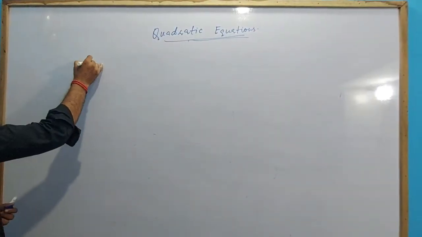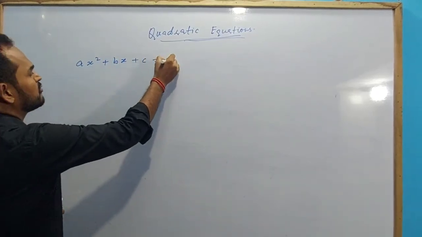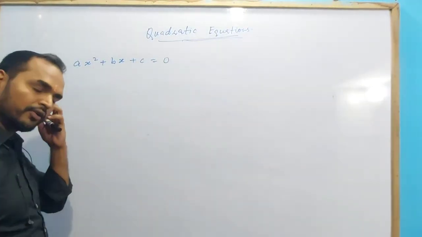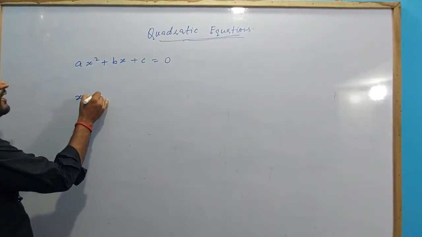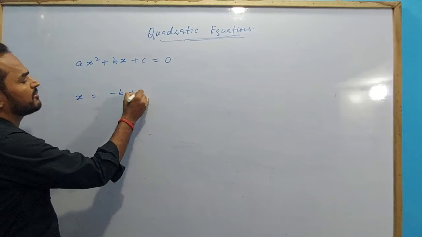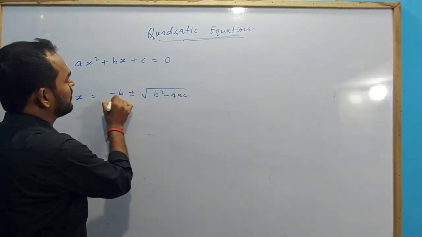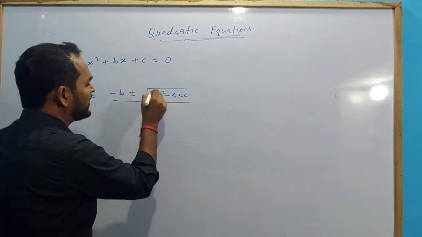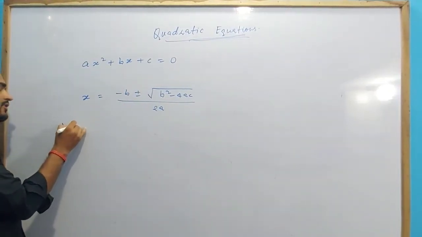First of all, ax square plus bx plus c equal to 0 is a quadratic equation. And the term which comes when you find x, like minus b plus minus root under b square minus 4ac upon 2a, in this term we regard the discriminant